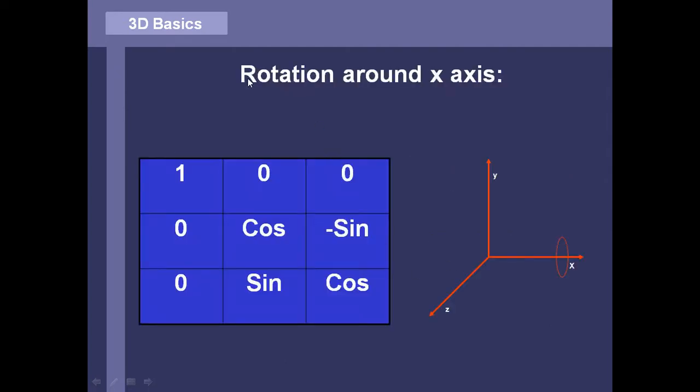This is how the rotation around x-axis takes place. Rotation around x-axis. This is the matrix: 1 0 0, 0 cos x, minus sin x, and so on. And the rotation around y-axis, the values of the matrix remain the same and only the positions are changing. See, the cos x is here, minus sin x and cos x. And now the rotation around z-axis will be, again the values remain the same and the positions will be like this. You have to remember this.